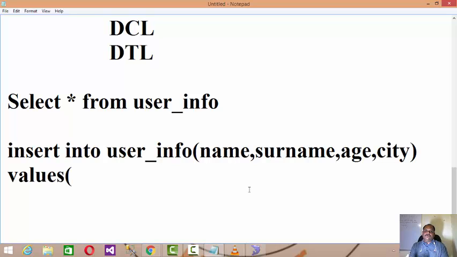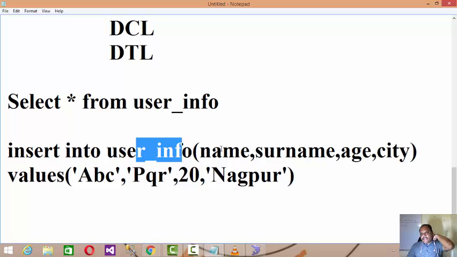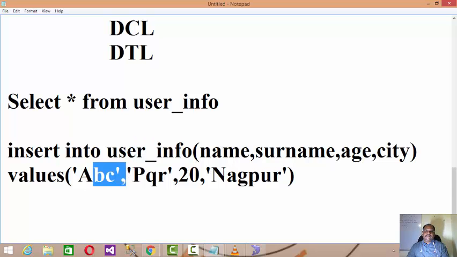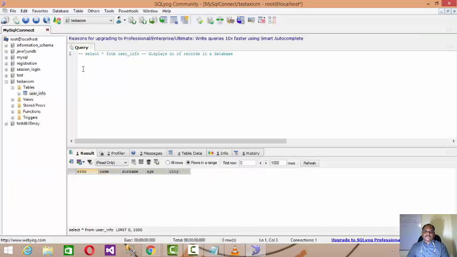That is, if you have a string type of data, then put it in single quotes, like let's say ABC is the name of a person, surname will be PQR, age I am expecting is 20 and he is from Nagpur maybe, right? Because I want to insert the first record in my table user info in the fields called name, surname, age, city, and the values I want to record are ABC, PQR, 20 and Nagpur. Let's copy this query in the query processor